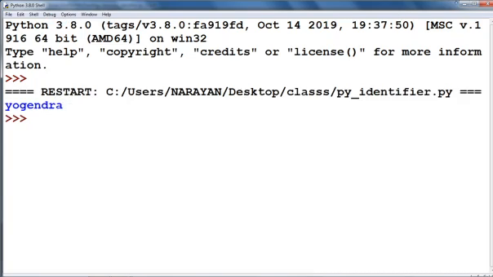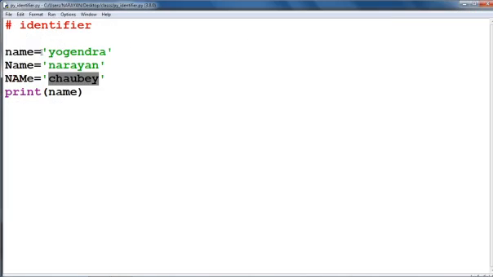Why is this? Because we have already declared that in a case sensitive programming language all the capital and small letters are different.